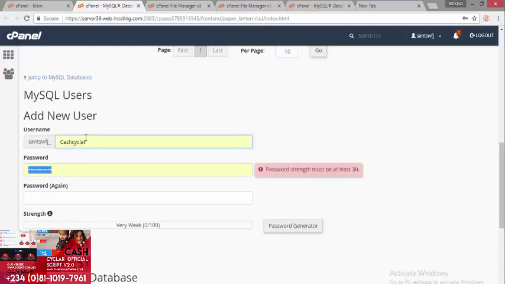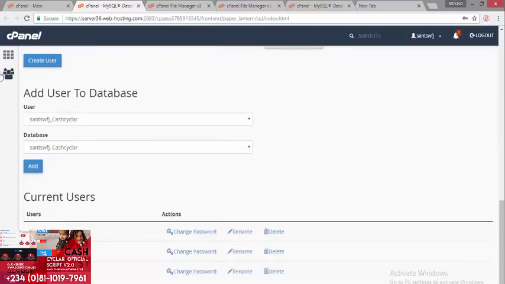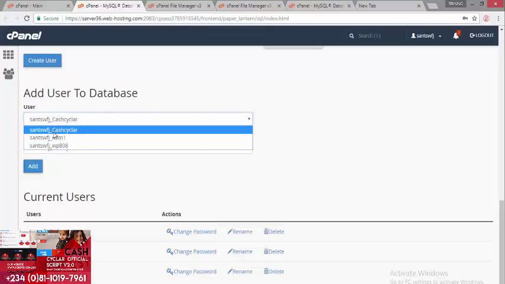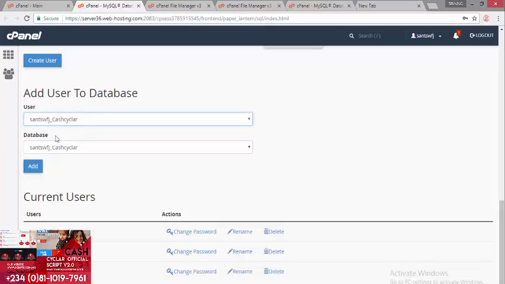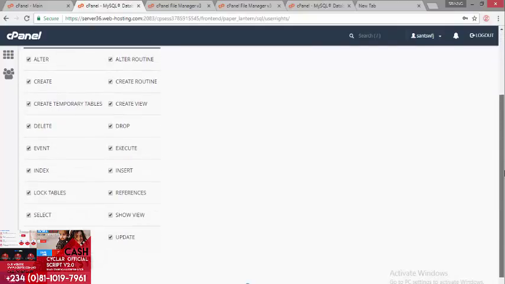Cash Cycler, you give it a password, type the password again. After you are done creating the user, you go to add user to database, and you add the user you created into the database you also created, and you click on add, as I am doing now. You tick all privileges so that the user is given all privileges, and you click on make changes.